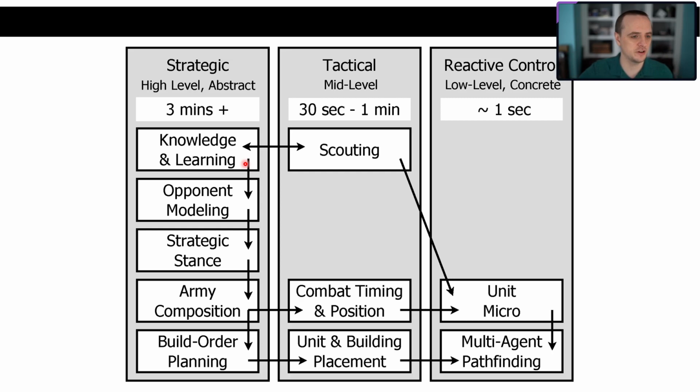Then, you're obviously going to be playing against an opponent, so you're going to be doing some sort of opponent modeling. You might know absolutely nothing about your opponent at the start of the game. Or maybe you're in a human tournament and I'm playing against Jaedong, so I know that they're going to play Zerg. I know that they're way better than me. I know that they're going to use Mutalisks and destroy me with it. So maybe I should make some anti-Mutalisk things. Based on the knowledge that I have of the game, I'm going to use that knowledge to model my opponent somehow. You don't have to have a model of your opponent, but you can.